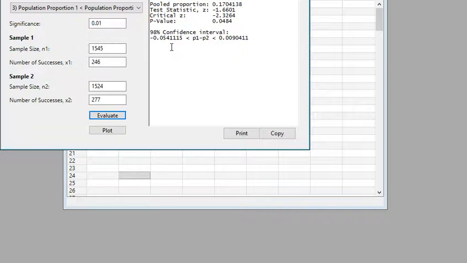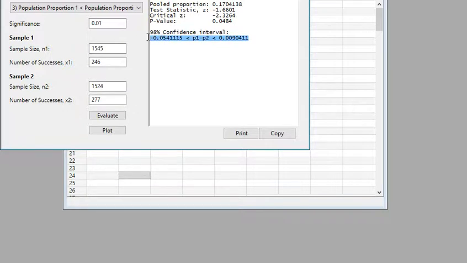It does contain 0. So it's somewhere between a 5.4% benefit and almost a 1% where ginkgo made it worse. Somewhere in there is our confidence interval. So it's close to showing a little bit of a benefit, but that benefit looks to be more statistical than